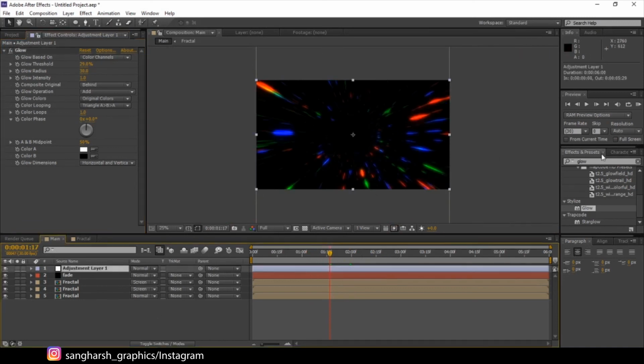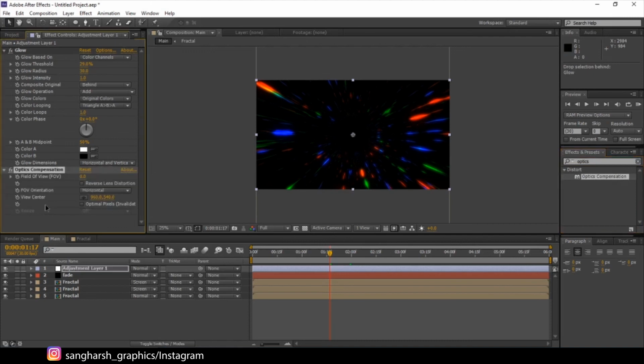And you can also add a last effect like the optics compensation effect. Let's reverse lens distortion. Increase the value just a little bit.